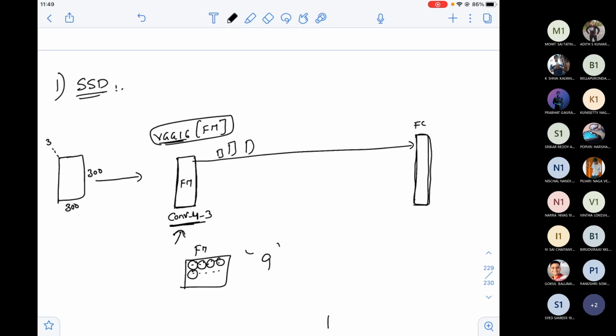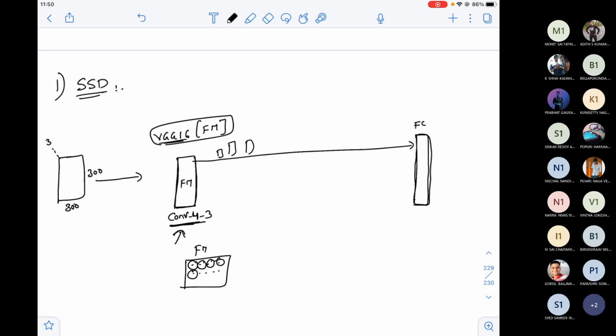Actually, in SSD, if you read the research paper, they do not call this an anchor box. They call it priors. I don't know why they changed the name. They call the anchor boxes priors. So do not get confused with the terminology. In the exam, whenever we ask the word prior, it is in the context of SSD by default. But basically they are anchor boxes. If you're comfortable with anchor box, let me just use the same word, anchor box.